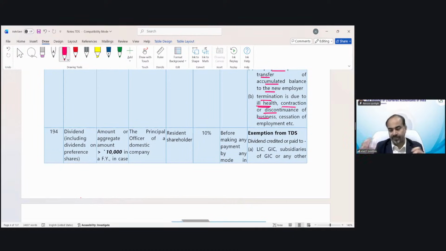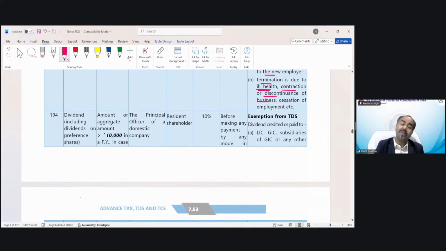give you the benefit. Now we have discussed the interest on security TDS concept under section 193, but we did not discuss the dividend concept on security. So here it is, section 194. Dividend includes dividend on even preference share. So if any kind of dividend you are receiving as a shareholder, TDS is going to be deducted.